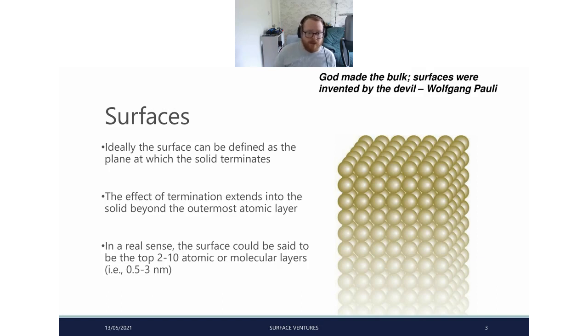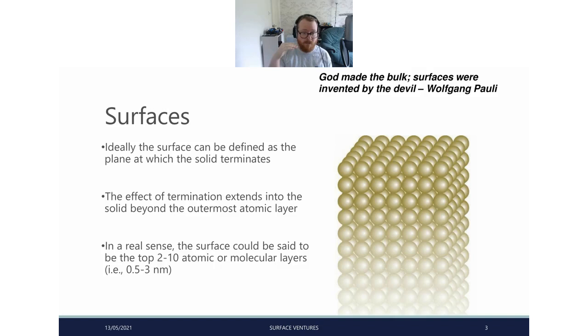But ideally, we'd say the surface is the plane at which the solid terminates. So basically, as soon as we get from solid phase to whatever other media you're in, liquid, vapor, that's it. That's your solid surface, which is great in ideal circumstances, but the actual interactions between the surface isn't